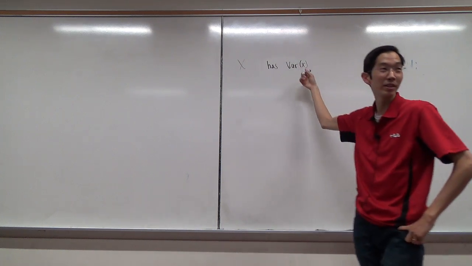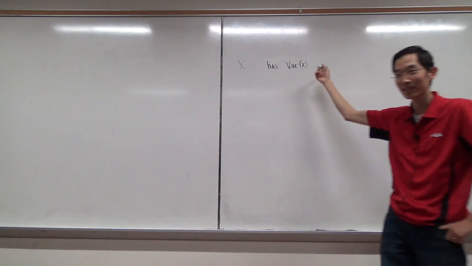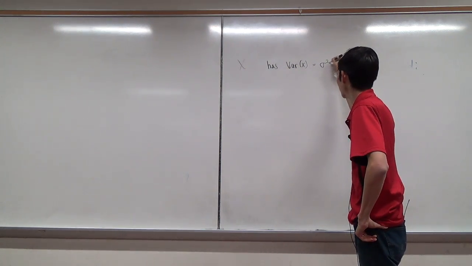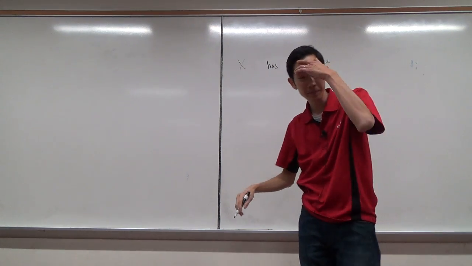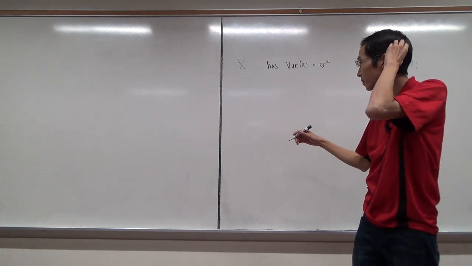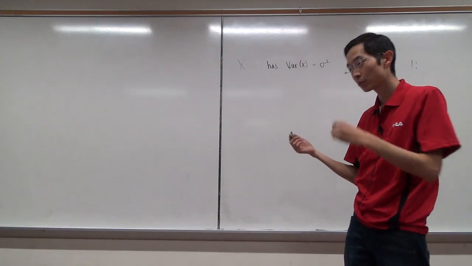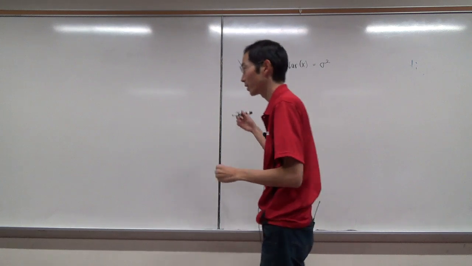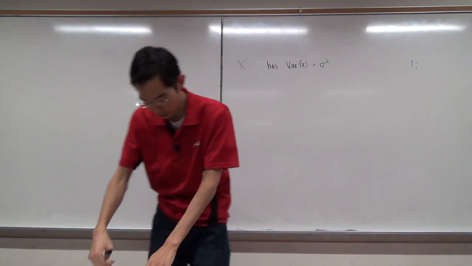Some variance x, okay? We could just leave it as this, or we could call this sigma squared, or whatever we want to call it. We might have a situation where we are dealing with some constant times x. So let's look at the